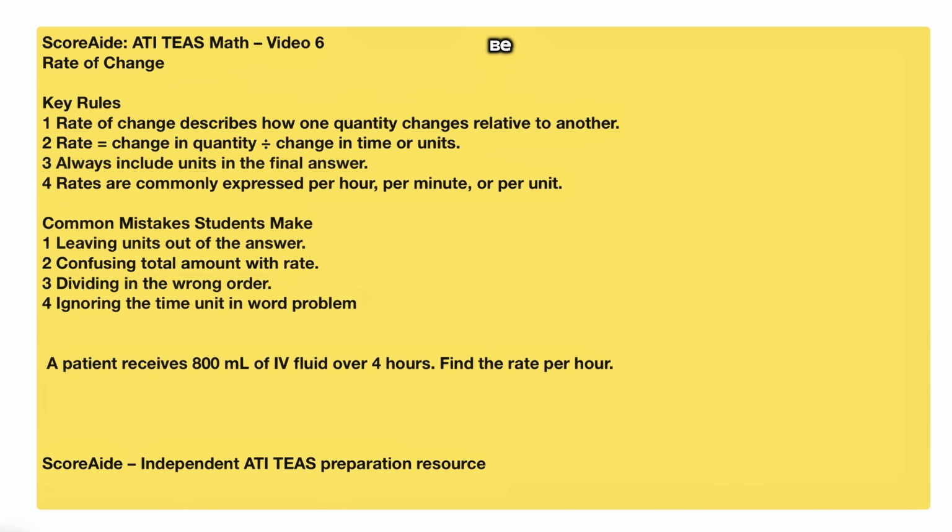Unit can be so many different things. Always include unit in your answer. It's very important. Units are very important in science. Common mistakes students make are leaving answers without unit, right? Confusing the total amount with rate, dividing in a wrong order, ignoring the time unit in